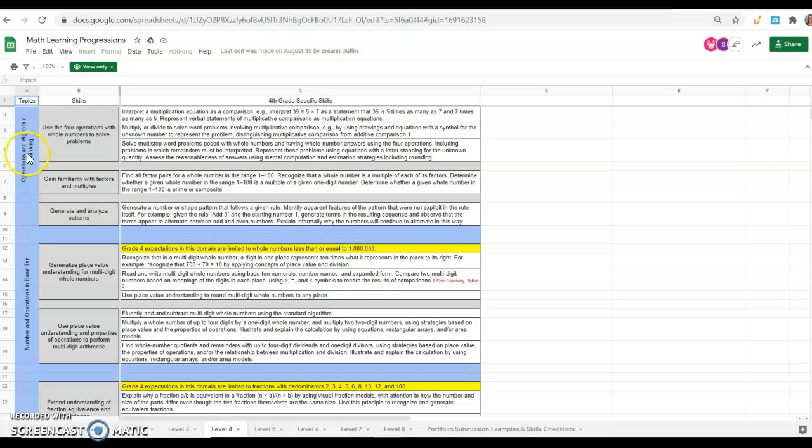And I also notice that it's under operations and algebraic thinking. So it's patterns within that. So that gives me a clue right there of maybe I've worked on this in my curriculum or it's something that my student needs to work on. Another resource you could go to is